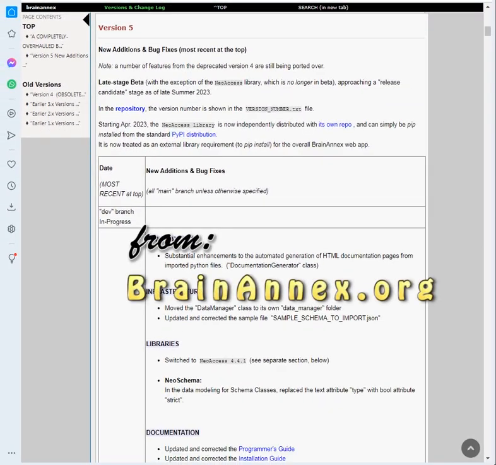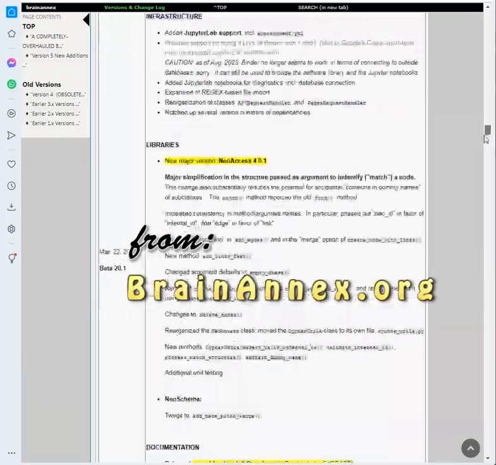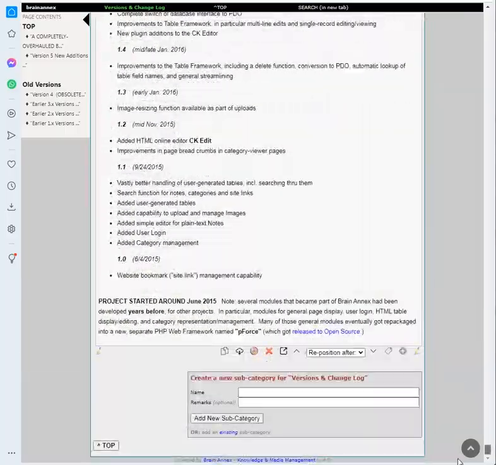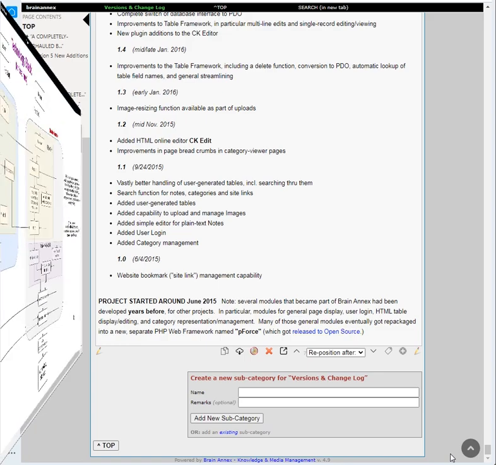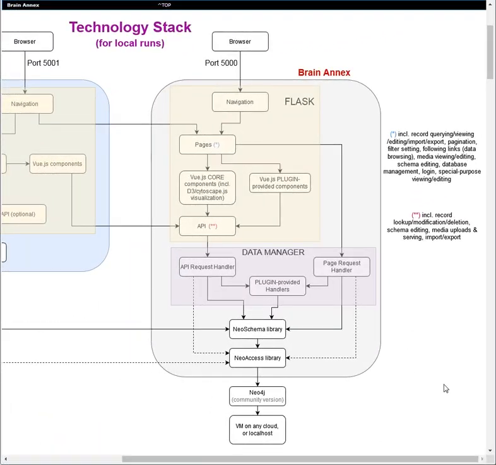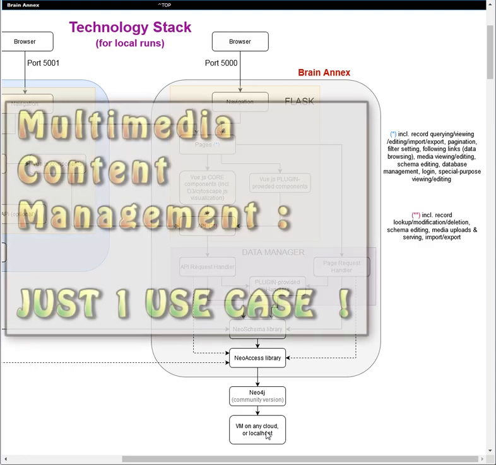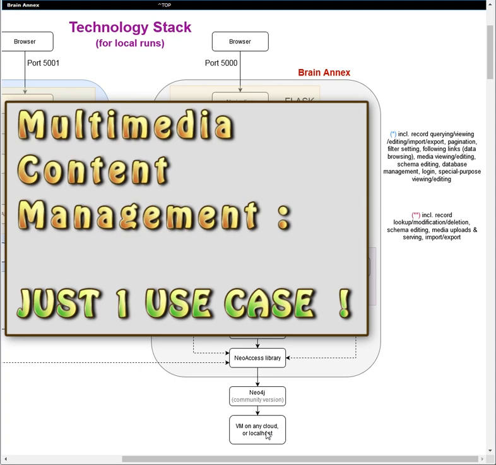The project has a long history that goes back to 2015 and beyond. Previous videos elaborate on this. But here I'll emphasize that originally the project was a web app for multimedia content management, but in 2020 it was overhauled and turned into a modular technology stack based on graph databases, and in particular Neo4j. At that point, the original purpose of multimedia content management became just one of many possible uses. It's just one use case, but one that is included in its standard distribution, and one that this video is